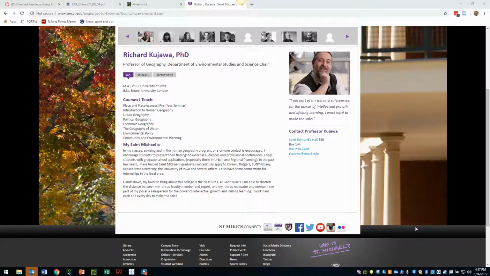This is Richard Kuyava, St. Michael's College, with a demonstration of how to use Greenshot, an open source, no cost screen capture piece of software that has dynamic integration with the image sharing site Flickr, which allows a dynamic and effective integration with the learning management system